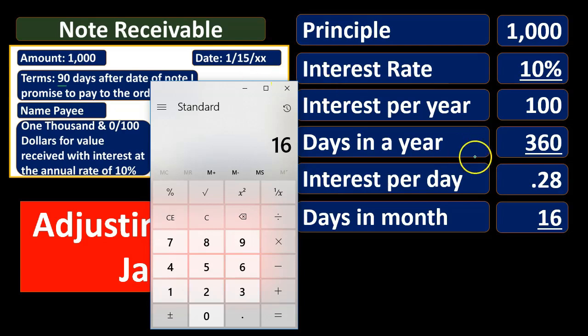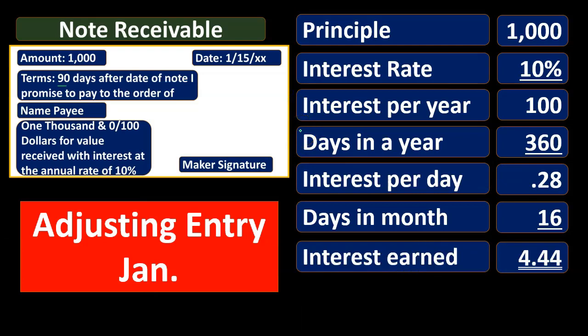The difference when we calculate it here, 31 minus 15, is not calculated, meaning if we counted it up on our fingers, we would count starting with 16, 17, 18, up to 31, which would be 16 days. So if we do this calculation, we had $100 of interest divided by 360. That gives us 0.2777, and that's about 0.28 times 16 days, and that gives us 4.44. Again, it's not perfect, but it's about